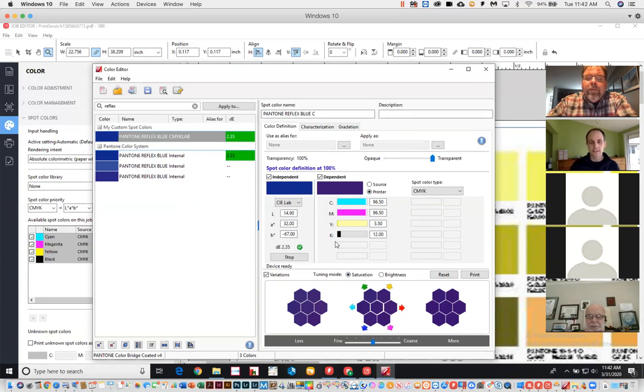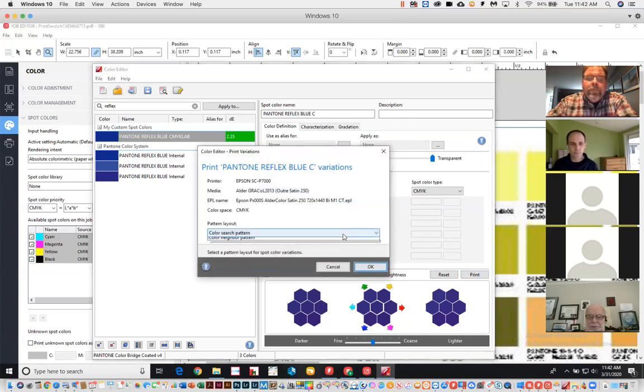So the idea is that we have a grouping on the left that happens to be less saturated in total with the same vectors, and a grouping on the right with more saturated versions of those with the same vectors. Or we could do that with brightness groupings. The idea here is that you start with the target value in the center, have different variations, and then you can print this. So Dan, if you click print at this point,